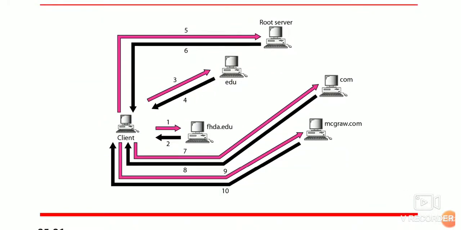And finally, I'm going to talk about caching. So what is caching? Whether I used the iterative or the recursive method, I got the DNS resolution result. This result is saved in the cache memory. So when the client makes a request for the same domain a second time, it doesn't have to follow this lengthy process of DNS resolution. Instead, it will get the address directly from the cache memory. This process is called caching.